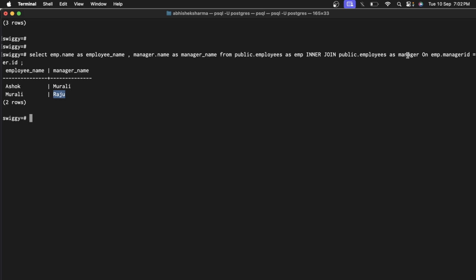But in this, whenever you use the inner join, just make sure which table you want to join. You need to make sure how you want the data, right? Because I am taking employee.name, I should take employee manager over here, right? So if I take employee manager ID, I'm matching with the